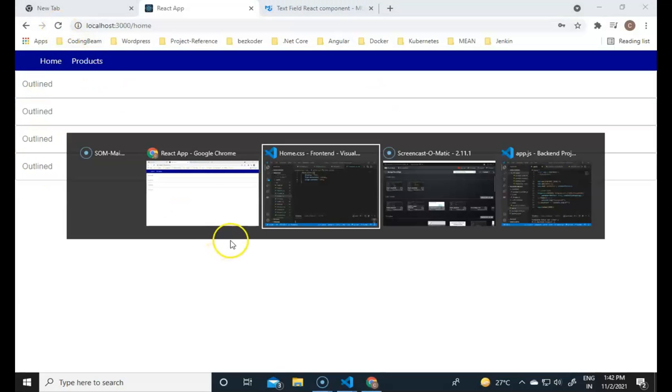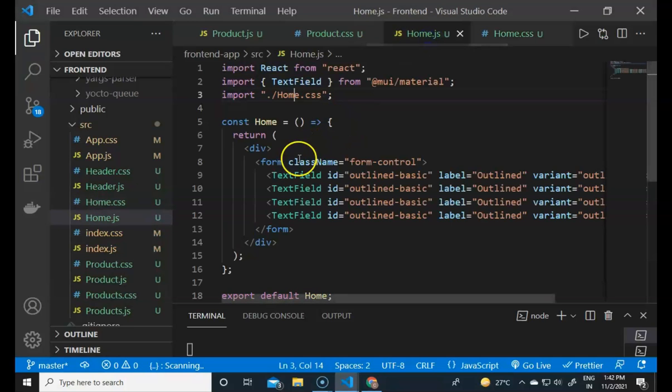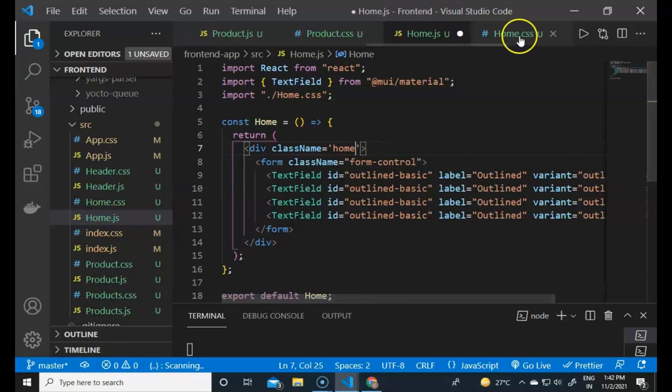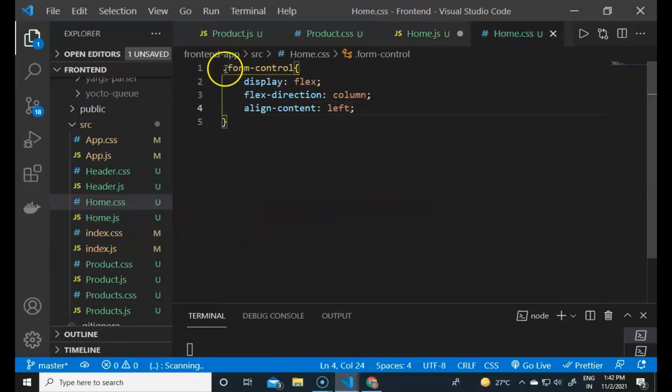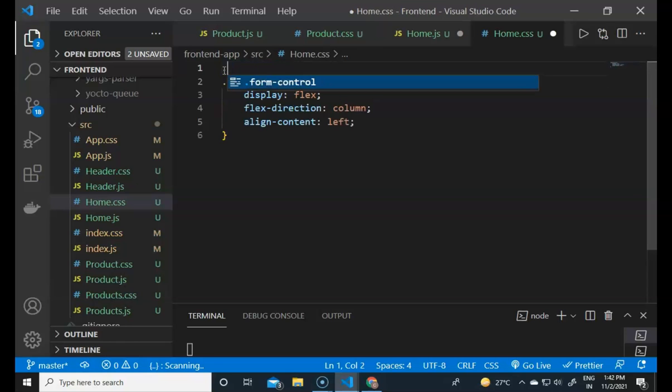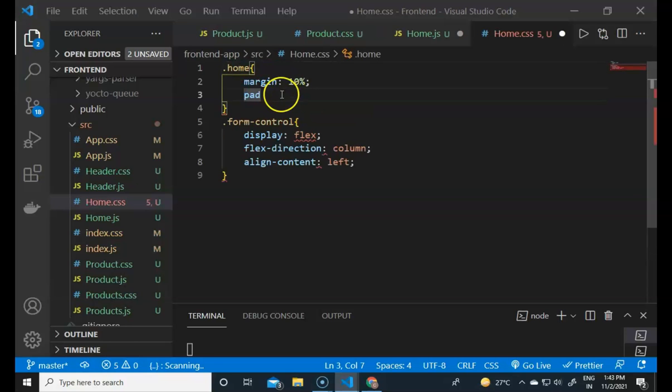It is now aligned. Before that, let me give the style to the parent element, like this is the home, class name equals to home. So if I now define the home class there also, we can define the margin of 10% from all the sides, and here we can define a padding of 10 pixels from all the sides.